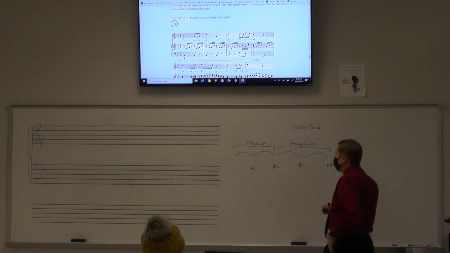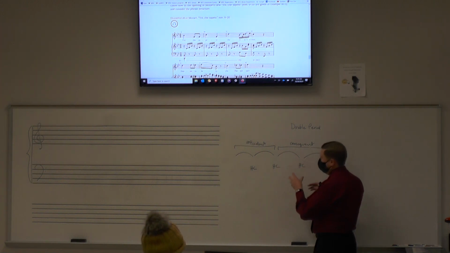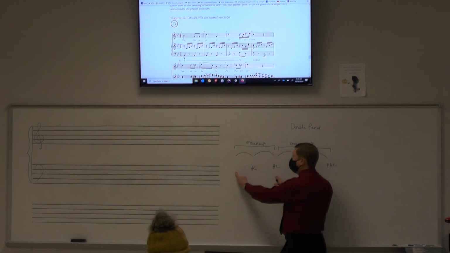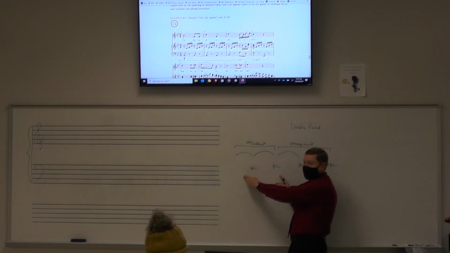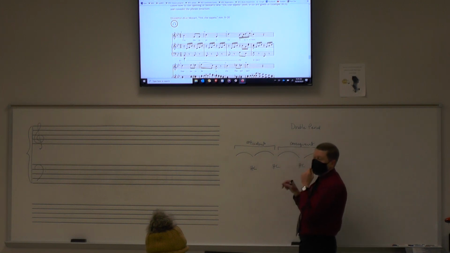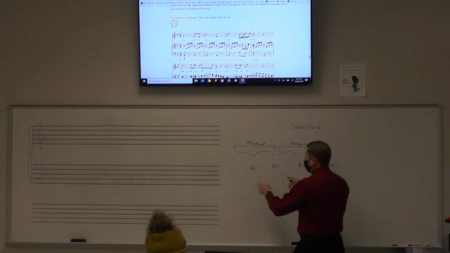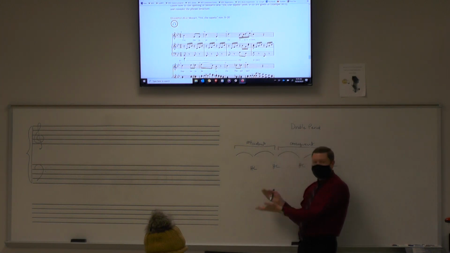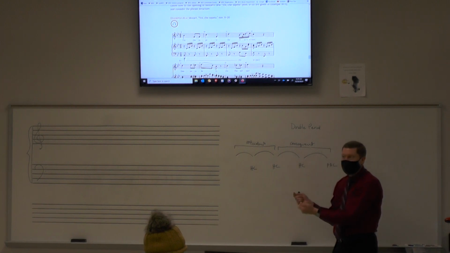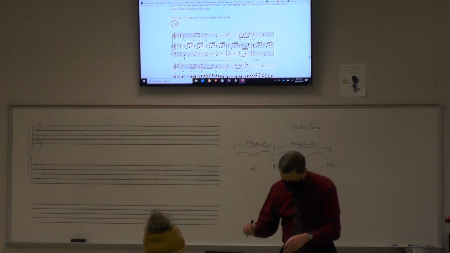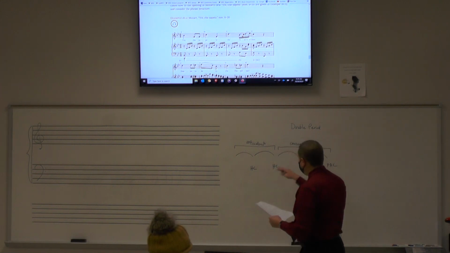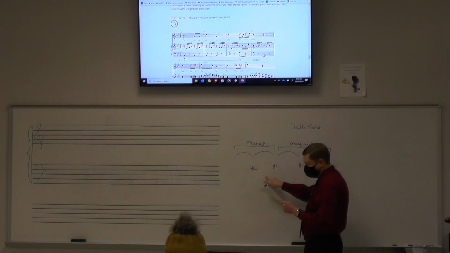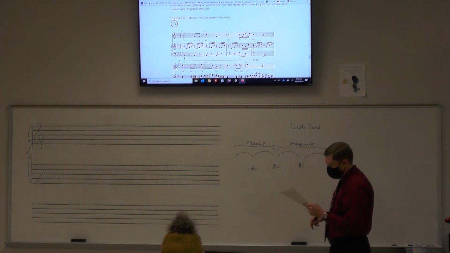Now, one of the reasons that I can say that a double period does not contain two regular periods is because, notice this, do these first two phrases form a period in and of themselves? No, they don't. And that's the truth about most double periods, is that the first two phrases will not normally form a regular normal period. But that's okay. They don't have to. They're not supposed to necessarily in a double period. So the antecedent and the consequent halves each contain two phrases. And the first two phrases generally do not form a regular period.